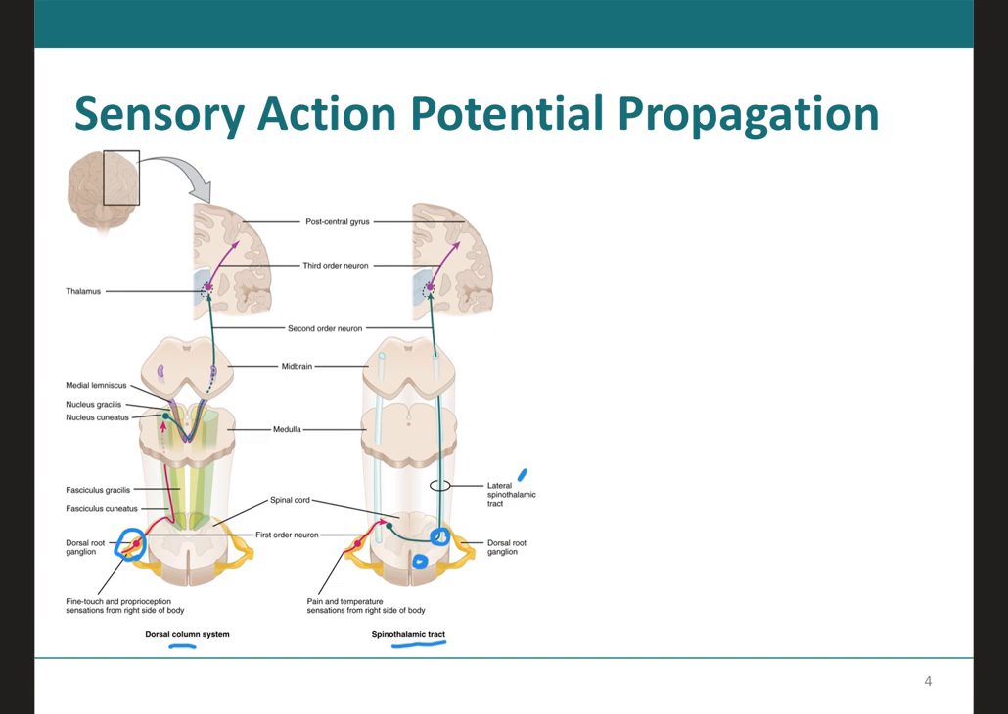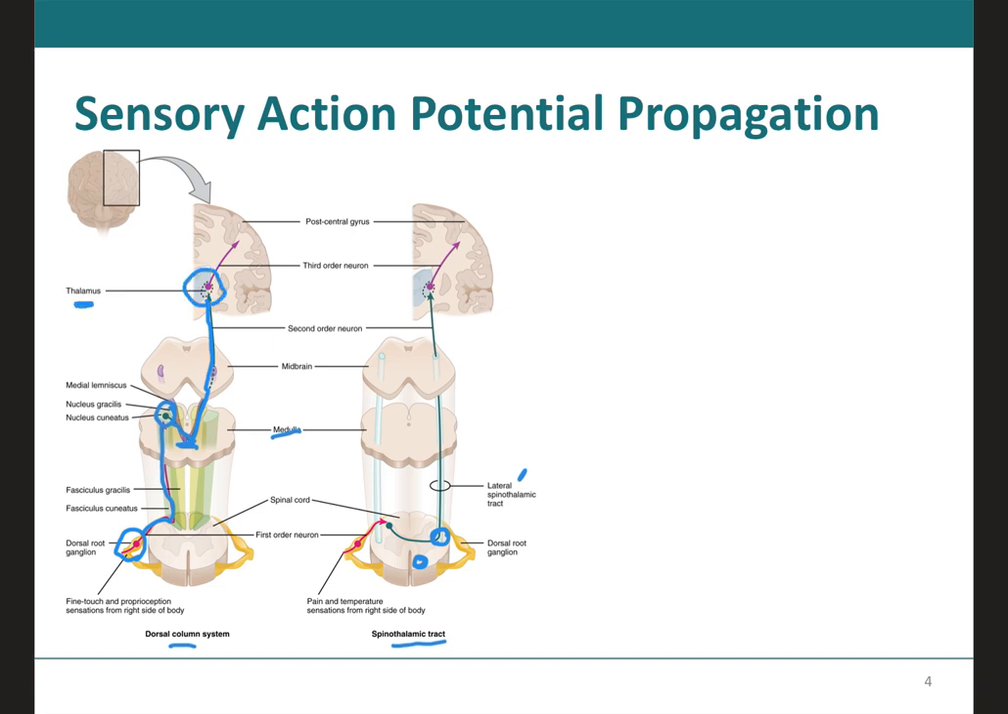As it comes into the spinal cord, notice how the axon continues on its pathway all the way up to the medulla oblongata, and in the medulla oblongata, it will synapse with a second neuron represented here in green. Now, the second neuron will then cross over to the other side of the spinal cord. This crossing over is called decussation, as it then travels all the way up to the thalamus, where it will